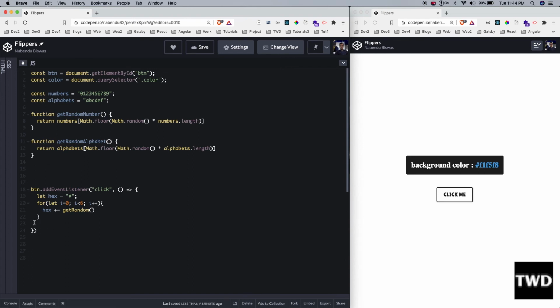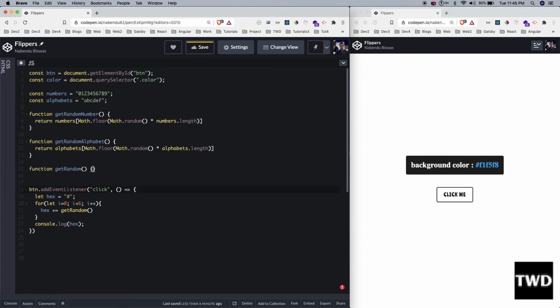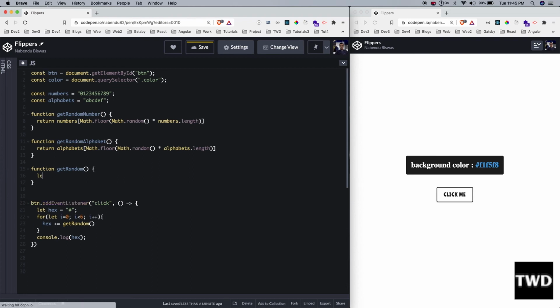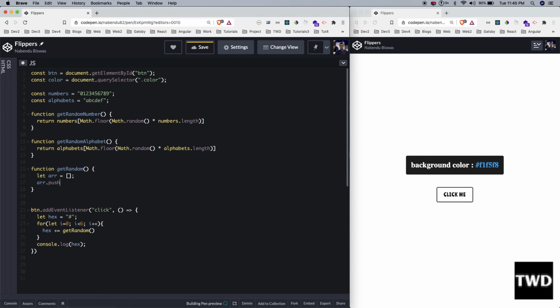Okay, and one more thing, console.log, let me do hex, and we are soon going to add it to the body and all. So let me create a function, getRandom, where I am taking an empty array, and then after that array.push I am doing, and I am going to push one element here.